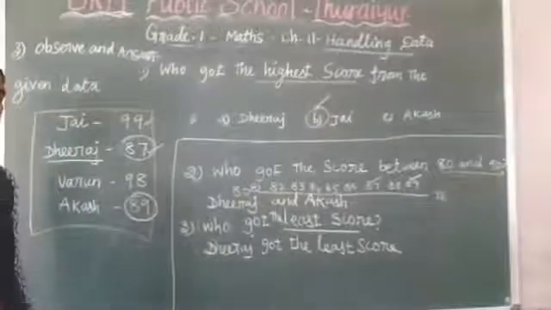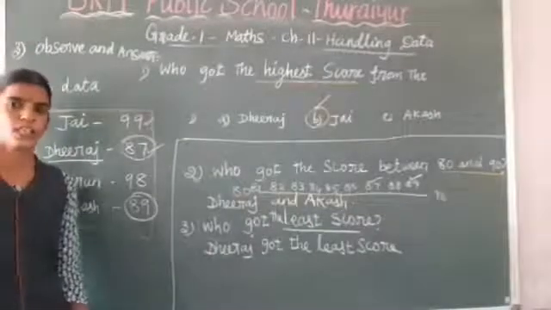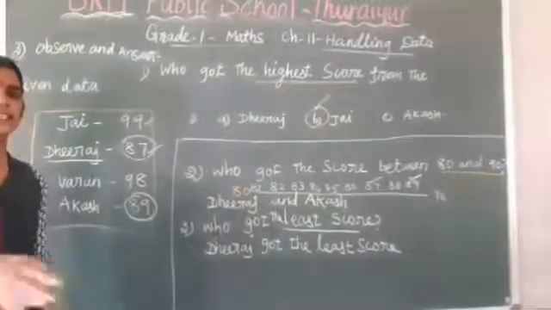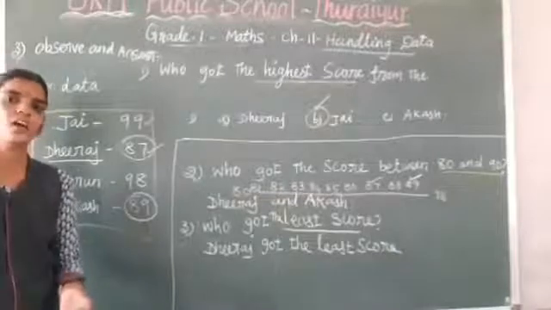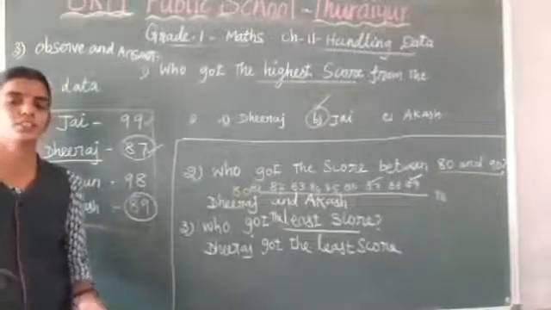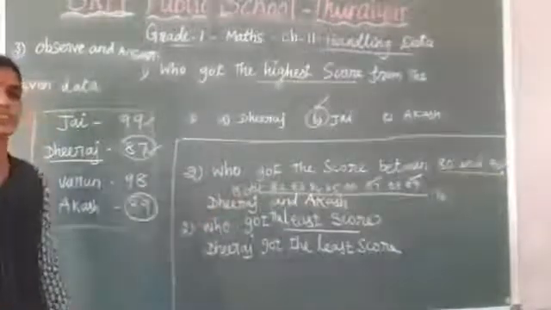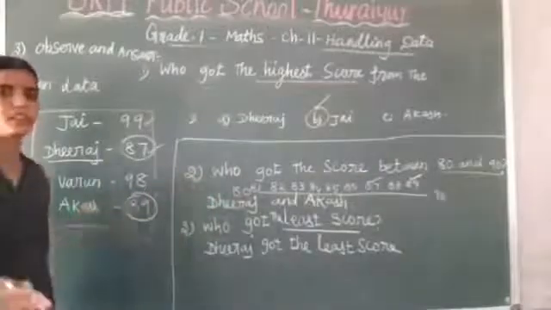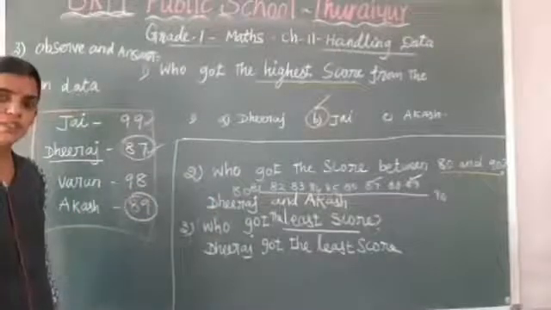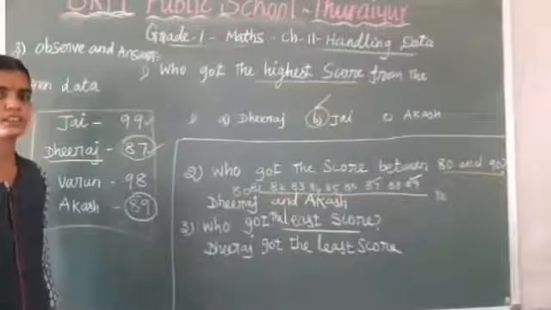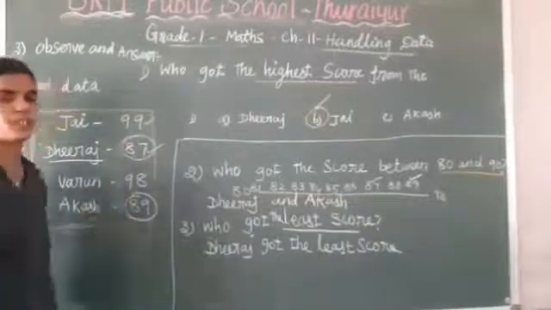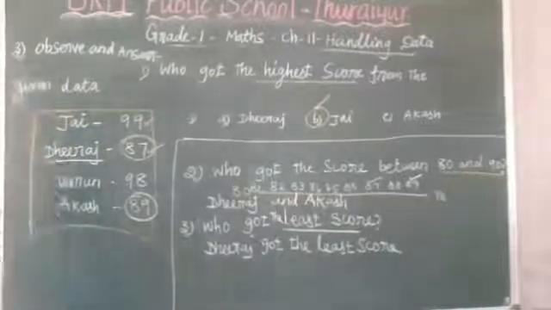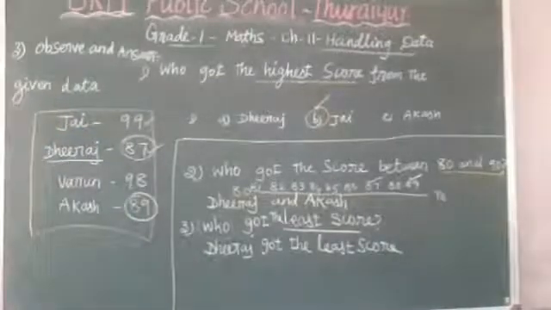In your class, if you are coming to school, in your class of 30 students, how many of them got 80 to 90 or 70 to 80? Questions like that come. You just ask your friends how many marks they got, then compare, and find who got what, using these numbers. So come to the next question.